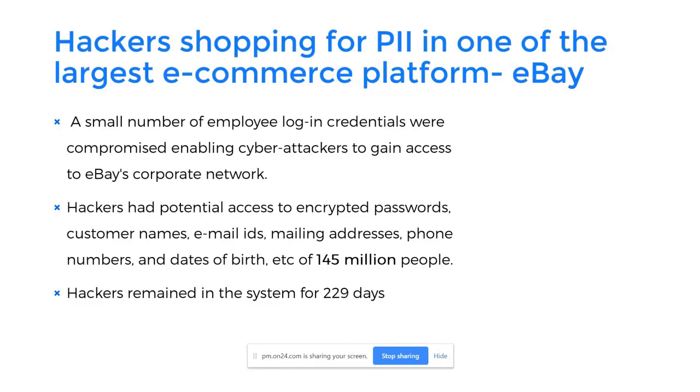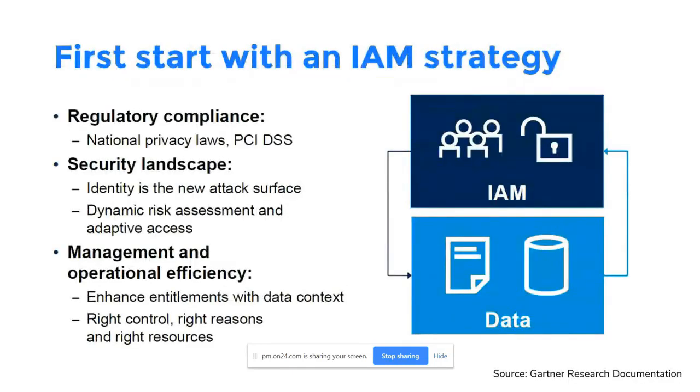So what we're looking at is a direction where identity access management and data security need to be going hand in hand. Here I'm going to be giving you a very basic model. How do you get your IAM and data security governance going hand in hand? It all starts with your ability to do a risk assessment.